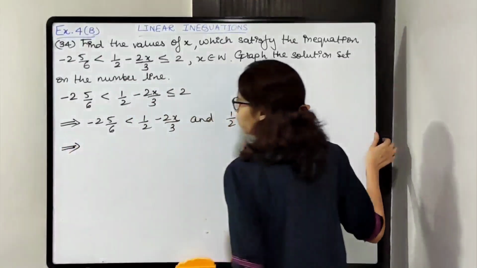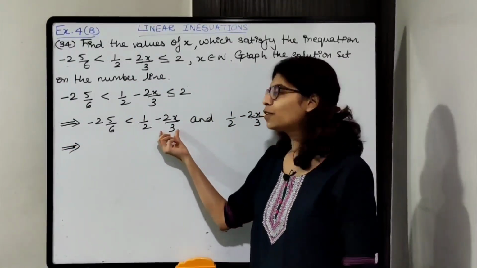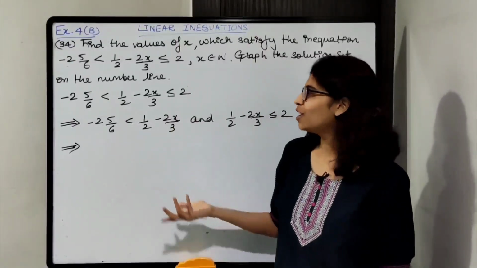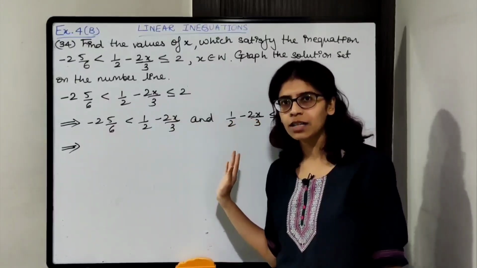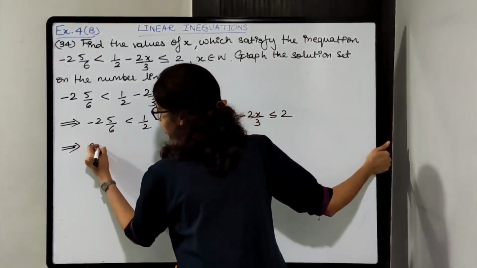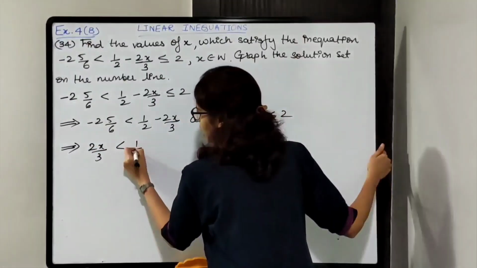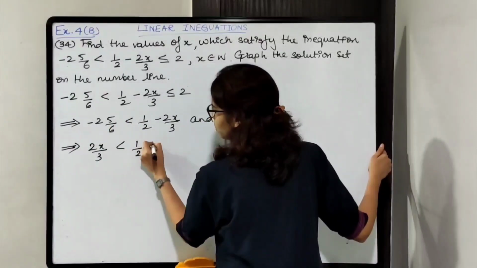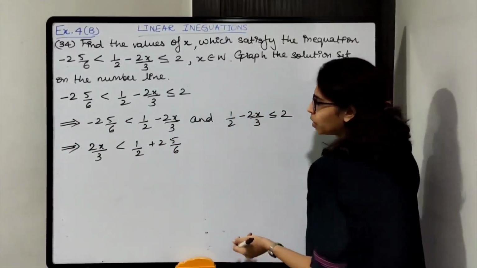So over here we shift the x term. Okay. Why am I shifting this? To make x positive. And the number I'll shift over here. So number on one side and x on the other side. So 2x by 3 I'll shift to the other side. So it will become positive. This sign as it is. Half as it is. And this will become positive. So it is a mixed fraction, we will have to solve it. Okay.